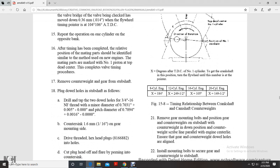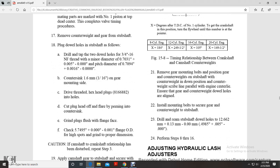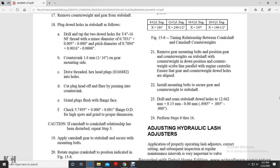21. Remove the gear mounting bolts. Position the counterweight tab shaft in the down position. Scribe a line on the counterweight parallel with the engine center line, and ensure that the gear and the counterweight dowel holes are aligned. Install the mounting bolts to secure the gear with the counterweight to the subshaft. Drill and ream the subshaft dowel